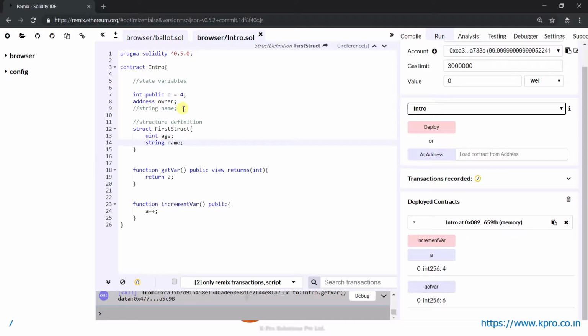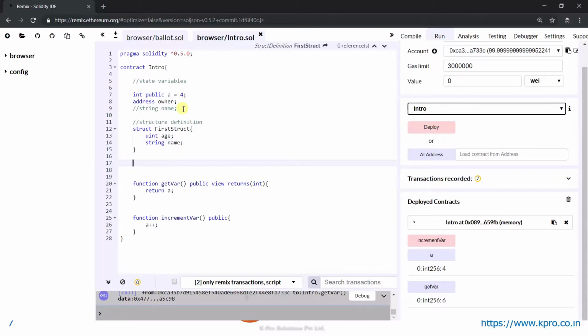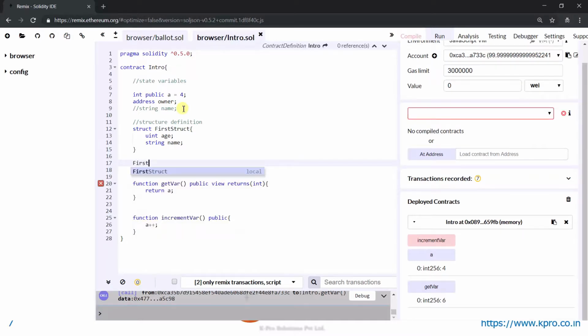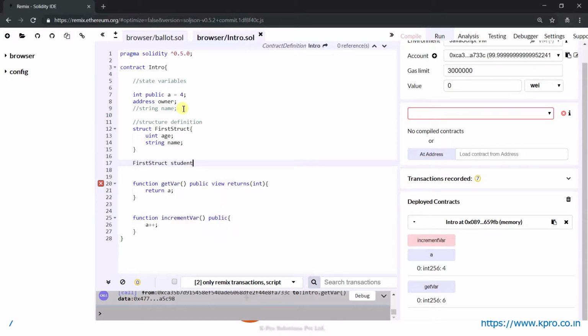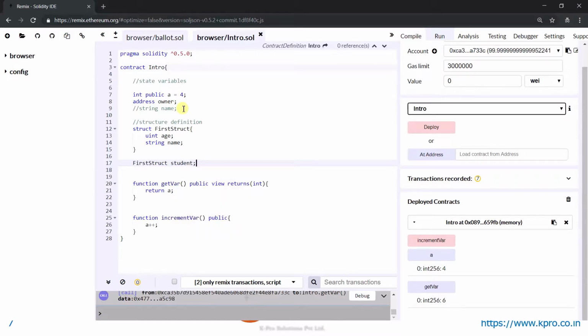So this is how we write the structure definition. And now let's see how we create an instance of the structure. To create an instance, I'll just write the structure name, that is first struct, and I'll just give student. So this is how we create an instance of the structure. Okay. So next let us see